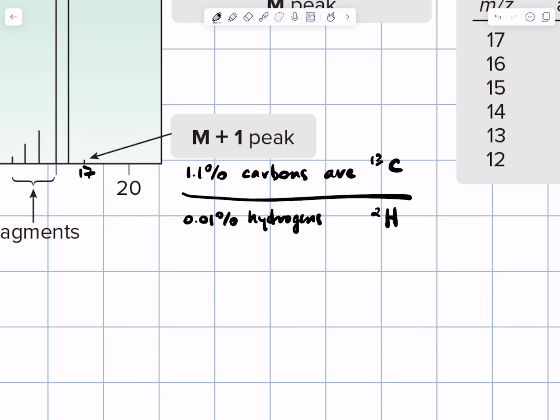So that means that this peak at 17 for methane mostly comes from carbon-13. But I could list some of the other isotopes that are relevant for organic molecules. 0.4% of nitrogens are N15 rather than N14. And 0.04% of oxygens are, oh shoot, I need like,